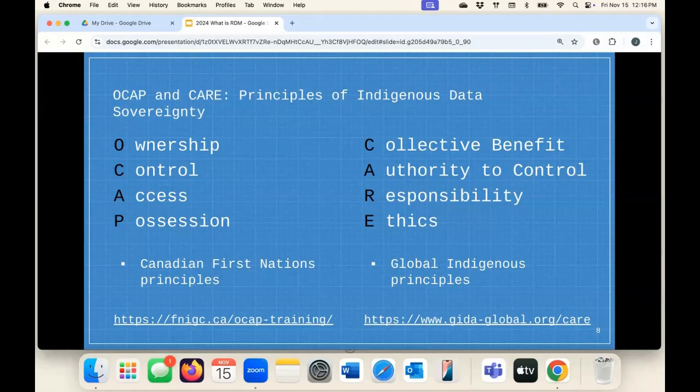And the last thing I'll mention here is there are efforts underway in many jurisdictions, including the University of Manitoba, to repatriate data and artifacts that were wrongfully taken from communities in the name of research. And this is really connected to these kinds of principles. If you're curious about this kind of work, or if you think this might impact future projects that you have, I'm always happy to talk about this a little more.